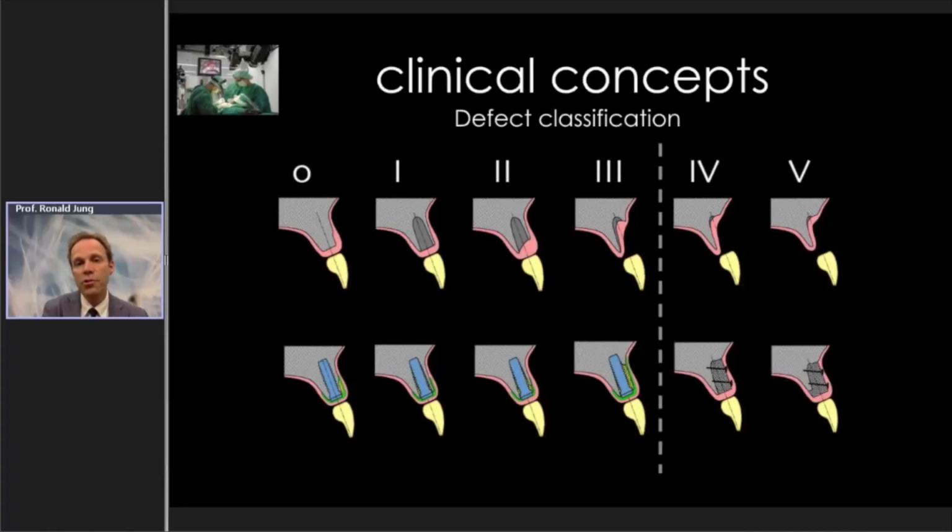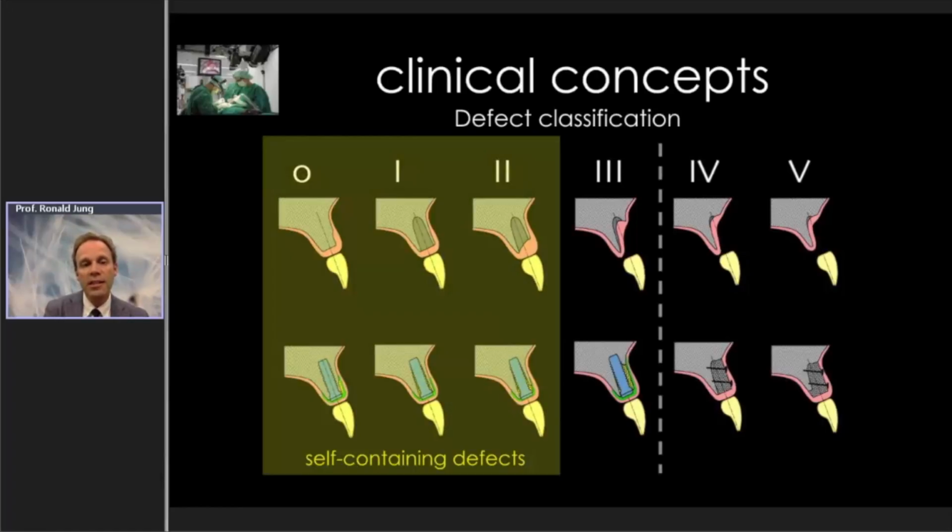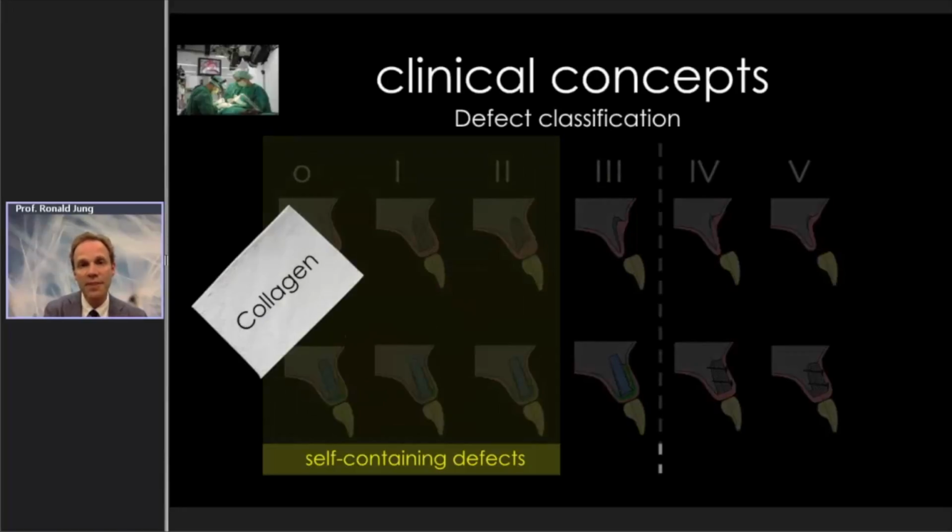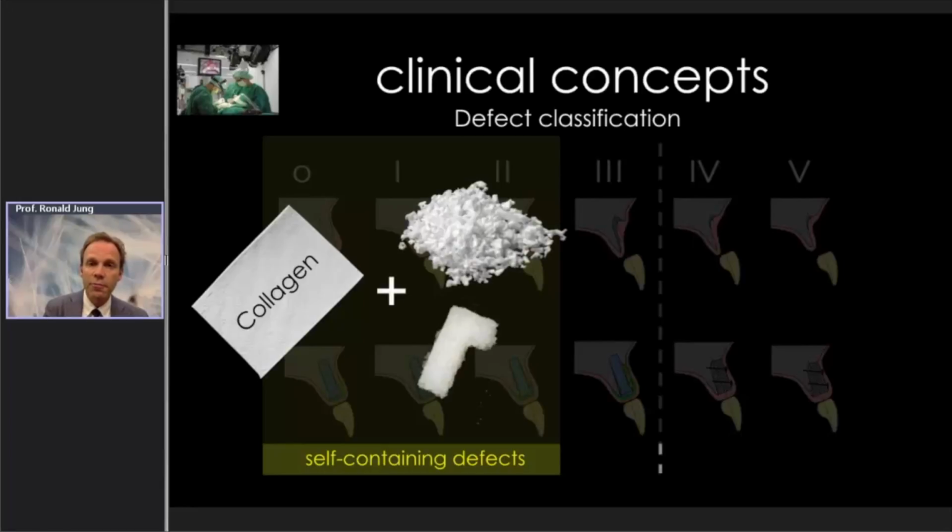The first 3 are considered so-called self-containing defects. So they have supporting bone walls which help us to stabilize the membrane. Therefore, the preferred choice for these types of defects is a collagen membrane, the BioGuide membrane. We have a long-lasting tradition here, a lot of good documentation, and it's very tolerant towards the soft tissue. And on the level of the graft material, we have either the option of using the particulated graft material or the L-shape. So whenever I consider a case as aesthetically demanding, I'm going to go for the L-shaped technique in order to improve the volume stability at the buccal aspect of the implant.